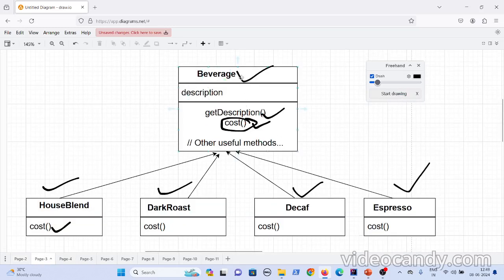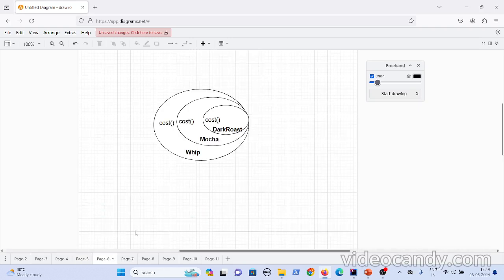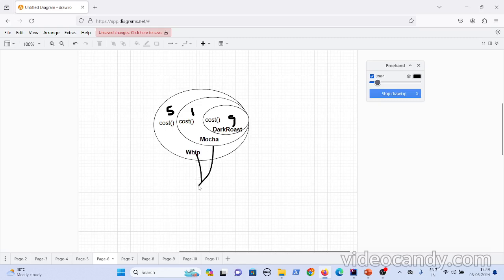So here you have a beverage, and we already discussed we have four varieties of beverage. First you have a dark roast coffee of $9, let's say $9, and the mocha cost is $1, and the whip cost is $5. Here whip and mocha are the decorators, and the dark roast is the actual coffee.